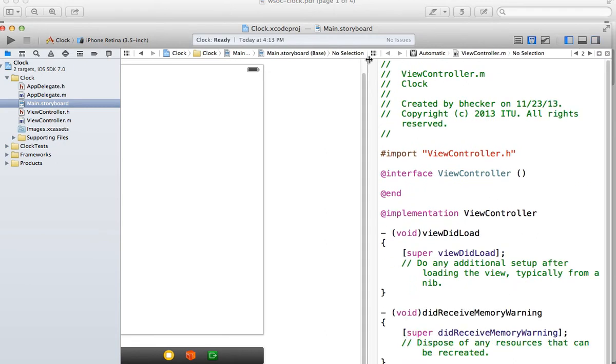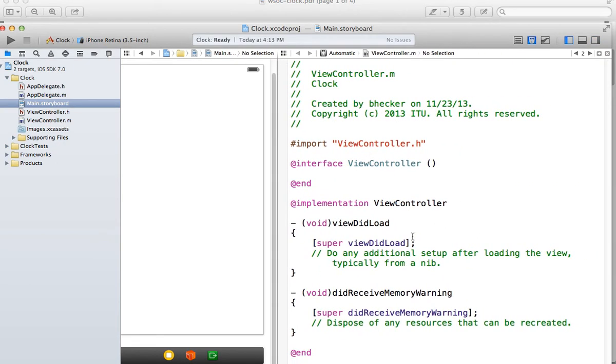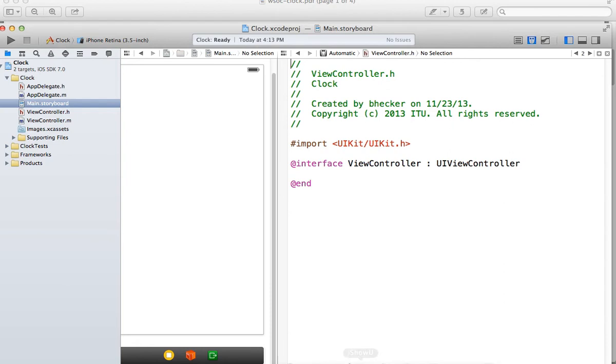Here we go. All right, so in the viewcontroller.h file, let's go ahead and add our variable. So at the top of the code,